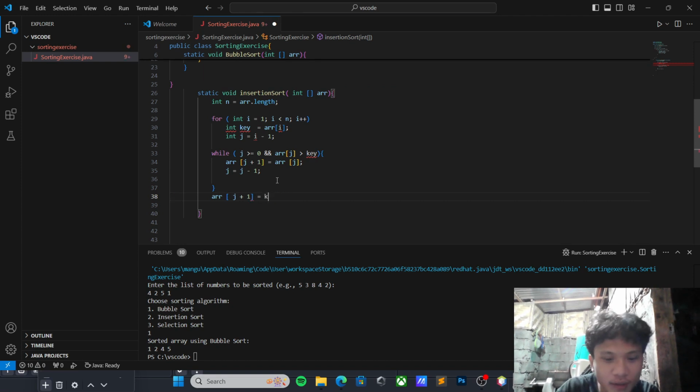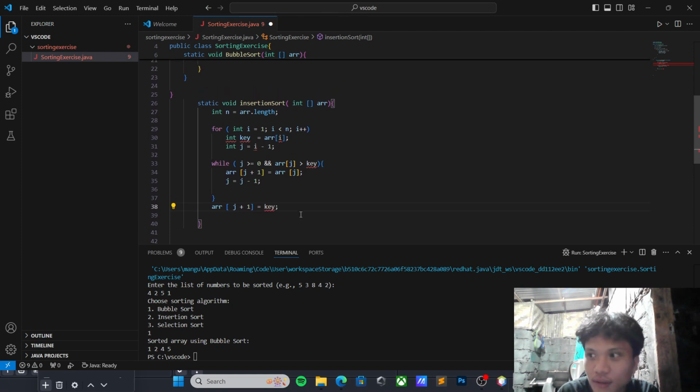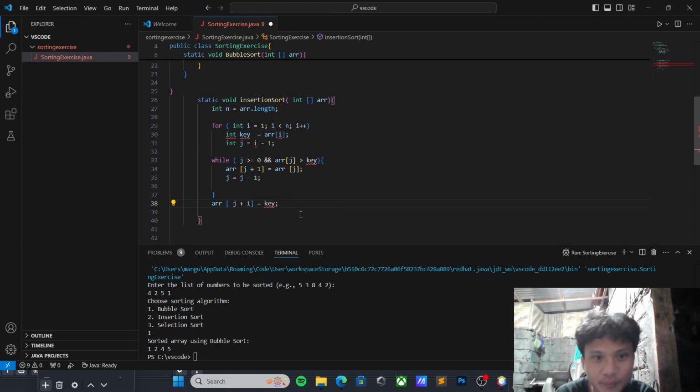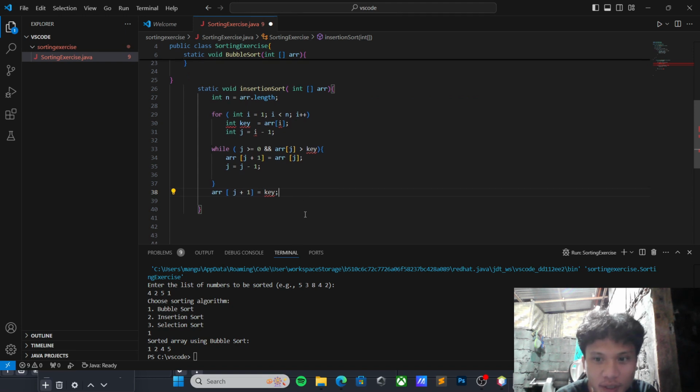That's to be equal to the variable key. Now if the current element a[j] is larger than the key, it is moved one position to the right. This process repeats for all elements in the sorted portion that are greater than the key.